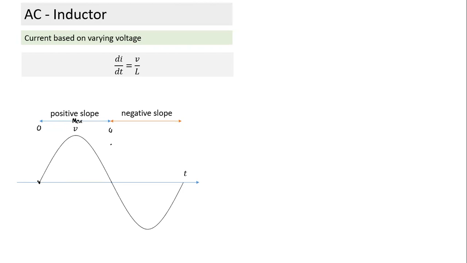See, we have a voltage which is varying as a sine function. We know this equation: applied voltage is equal to L di by dt. So without using a differential equation, if I know the voltage is varying like this, can I draw the shape of how the current will vary, using this property? What I have done here, using this equation, is write a simple logic. From here to here voltage is positive, hence the slope of the current curve also has to be positive. Positive slope for current, and this should have negative slope. Can you draw the shape here? Actually, the shape will come something like this.